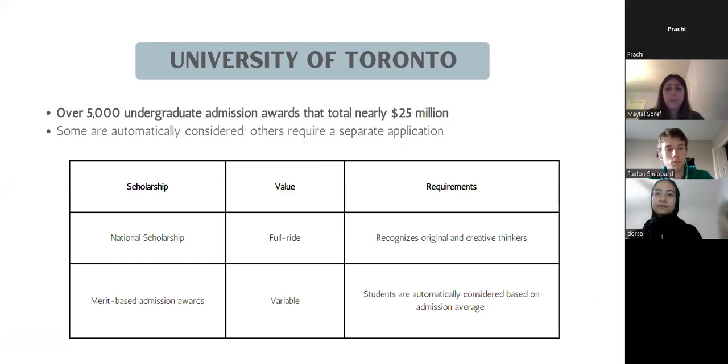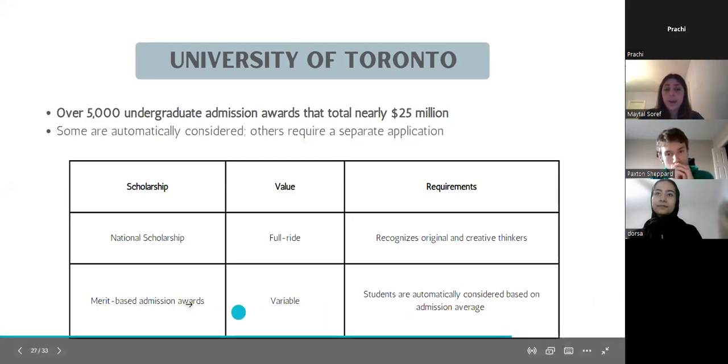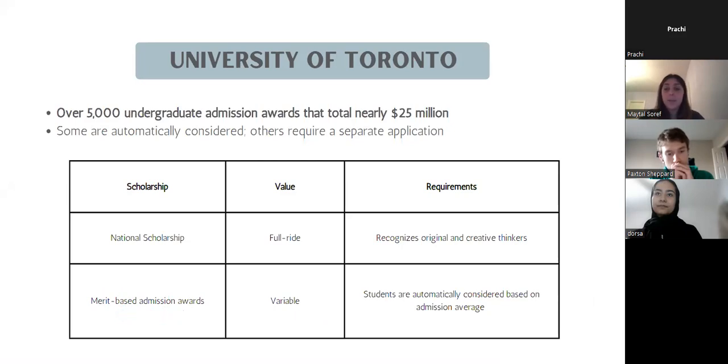Scholarships change a lot between schools, but there are two main categories. There are the entrance scholarships, which are based on your high school GPA or your high school average. You will automatically obtain one of these scholarships should you accept the university. For example, if you have a 90 average and you get accepted into U of T, then you might